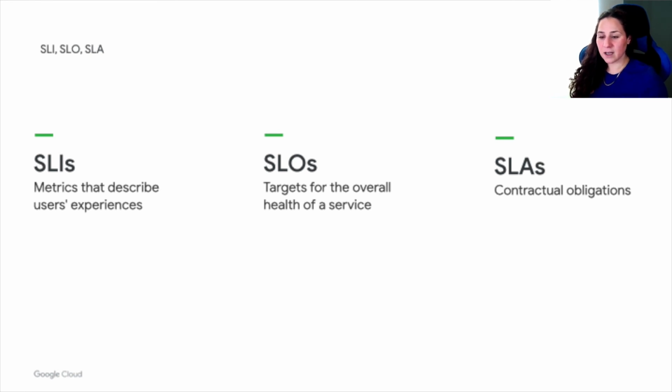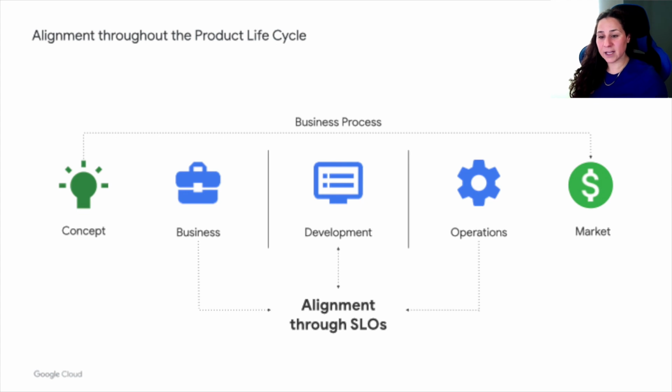In this context, I would also want to mention SLA, a term that many of you probably heard before. Service level agreement is not a part of the SRE framework, as it's mostly relevant to the business. It defines what you are willing to do, for example, a money refund, if you are failing to meet your objective. To be able to achieve that, we need our SLOs, our target, to be tighter than our SLAs. By that, SLOs and error budget align incentive across the product lifecycle and help us to make data-driven decisions.